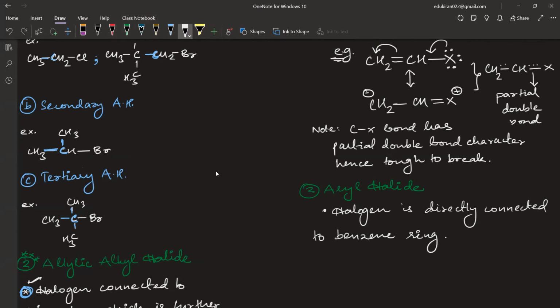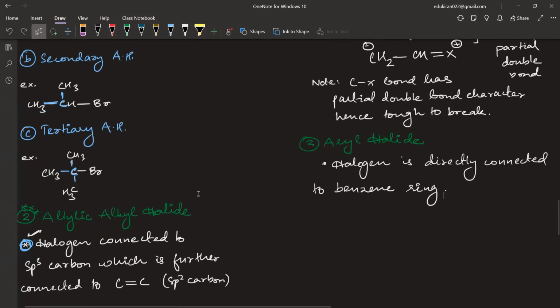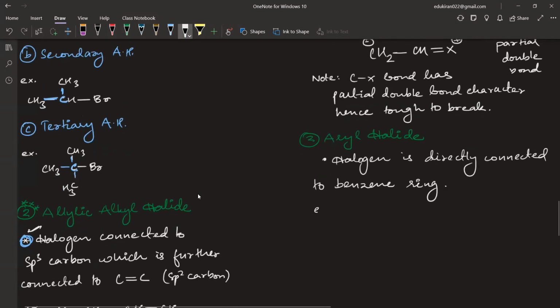Write some examples, for instance Br. So all of these will be examples of aryl halide. Here also you can see that